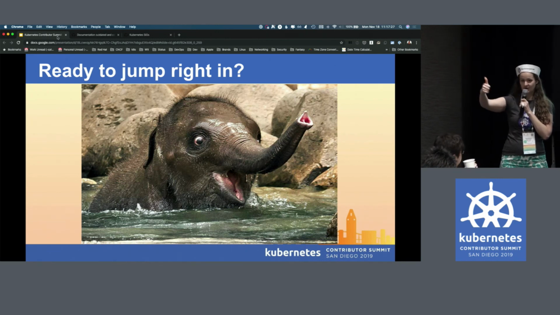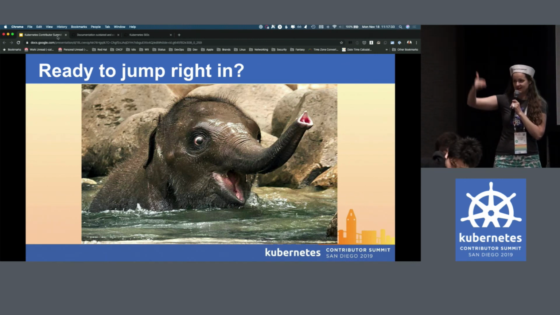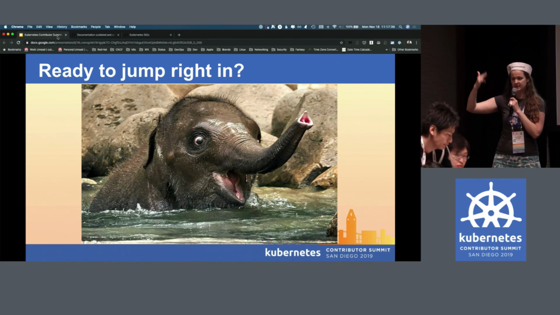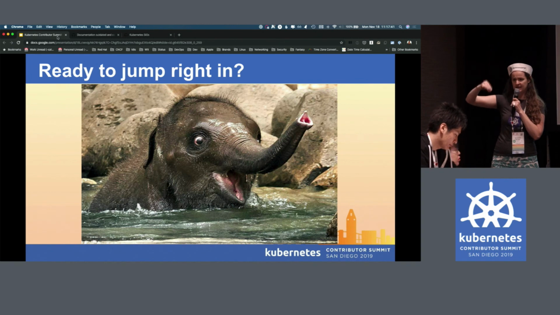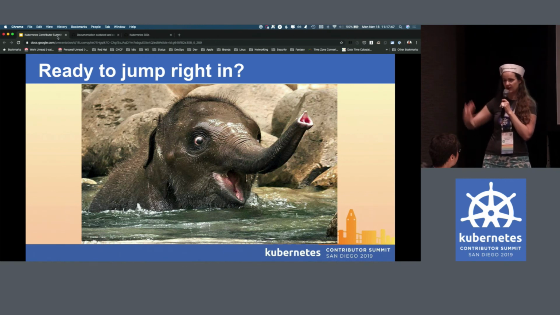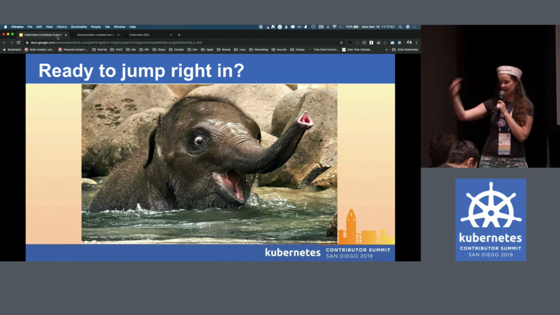The way that you want to decide which room you want to be in is if you are comfortable with Go, if you know how to set up a Go path, if you're comfortable with Docker, Git, and I believe those are the main things. If you are comfortable with those things and you have a Linux or Linux-like setup on your machine, you want to be in the intermediate workshop. If you want help getting started from the bottom up and get a lot of detail and a lot of help, you want to be in the beginner workshop.